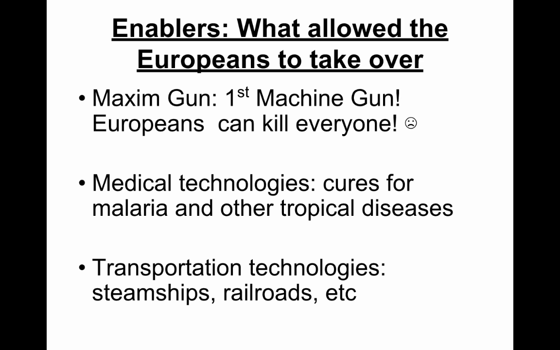Also, our medical technologies. So Europe, even with their rudimentary but still better guns that they might have had in, let's say, the 18th century, they might have taken over parts of, let's say, Central Africa or in and around like the French in Indochina. But the problem is when they showed up, they died, right? Because just like the Native Americans fell to European diseases, Europeans would fall to equatorial diseases like malaria, yellow fever, things of that nature. But as they begin to develop better medical technologies, now Europeans can survive in these regions